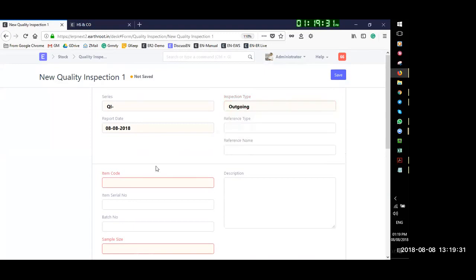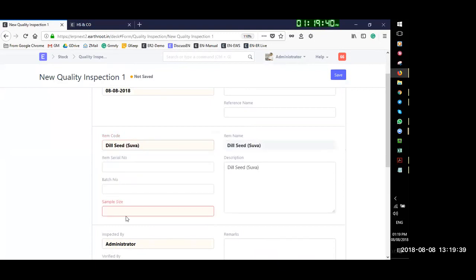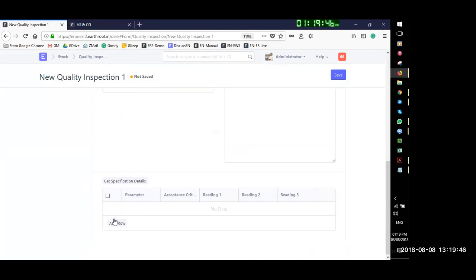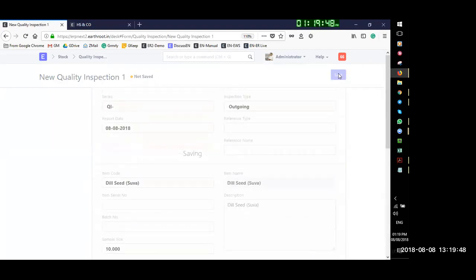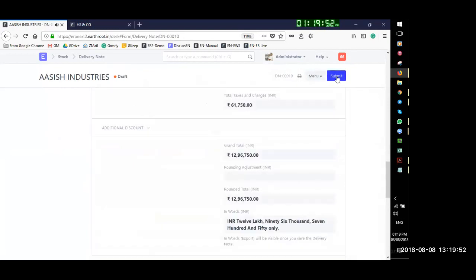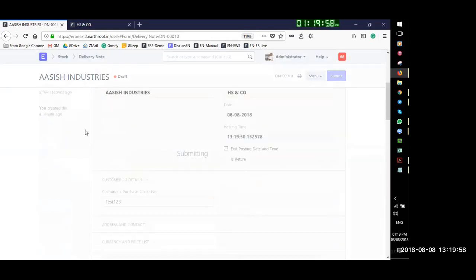So I will do a new quality inspection report here. This is outgoing inspection, item code. The sample size, I'm saying 10 as a sample size. And then the parameter, I'll just quickly move forward. Yeah, so I have attached it, and now I'm trying to do my delivery,